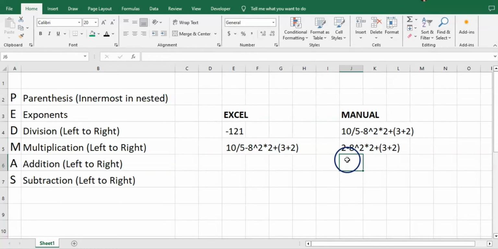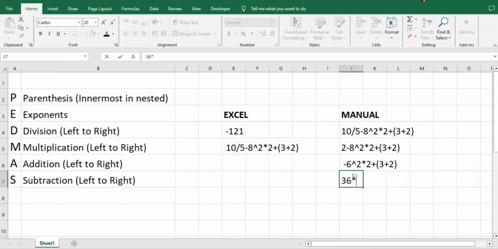Now we work out 2 minus 8, which is minus 6, and then exponent 2 multiplied by 2 plus in bracket 3 plus 2. It already put an equal sign there, so I'm just going to put a space so it doesn't work it out. And then we calculate 6 exponent 2, which is 36,